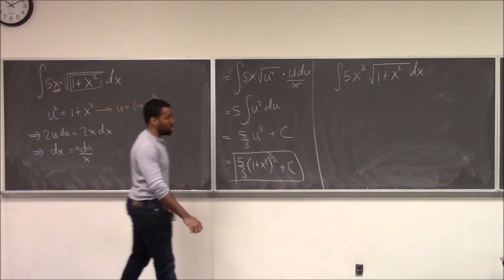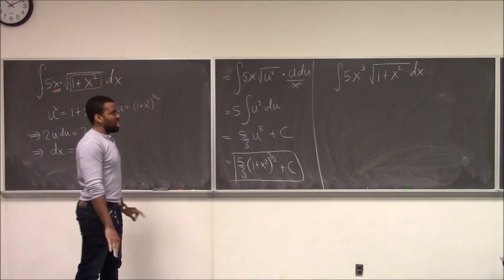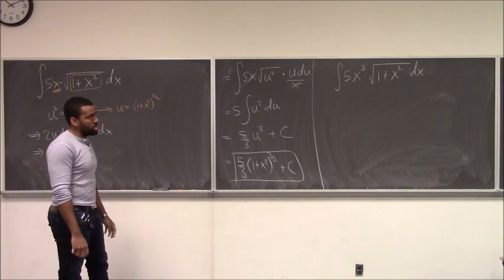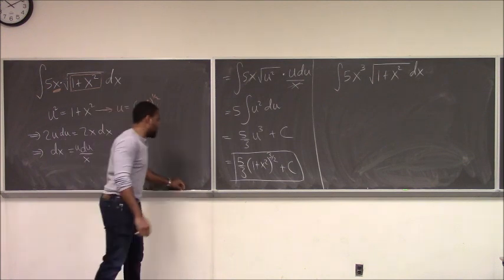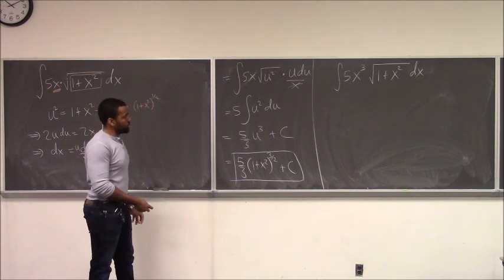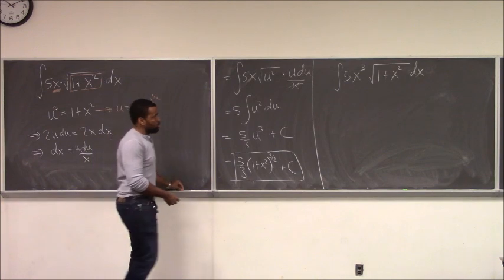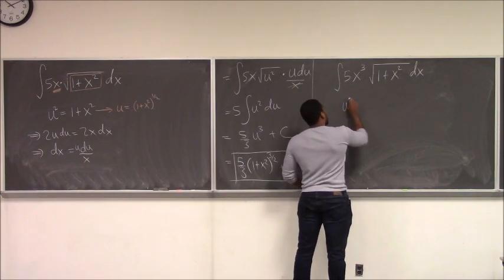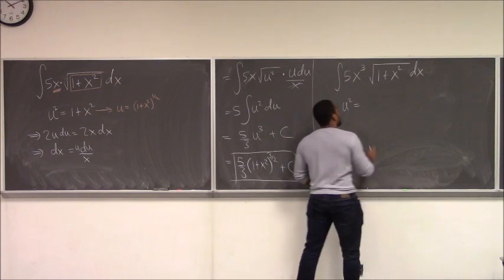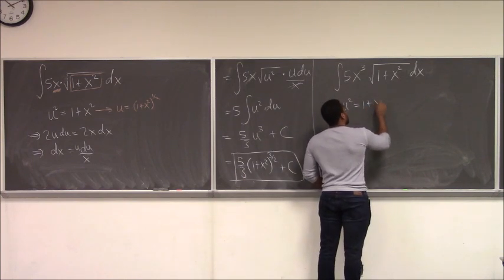You don't have to do anything more sophisticated. It'll just take a little bit more algebraic manipulation, but it's actually worth it compared to doing a more difficult method than substitution. So, for example, I can do here u squared equals 1 plus x squared,